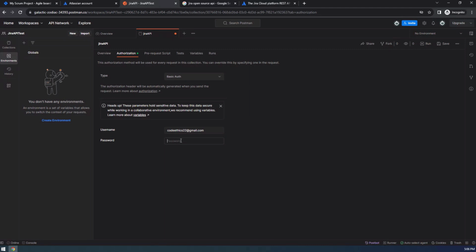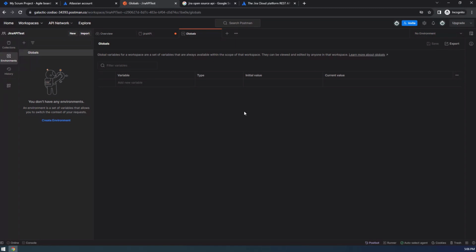It's not right. So what you do is you drop the data somewhere else, either in your global variable or your environment variable. The difference is that the environment one is just used within the environment, while the global one is used within the collection, within the workspace, right? Within the collection, sorry. So within this collection, the global variable is being used. So how do we do that? You just hit your global and then